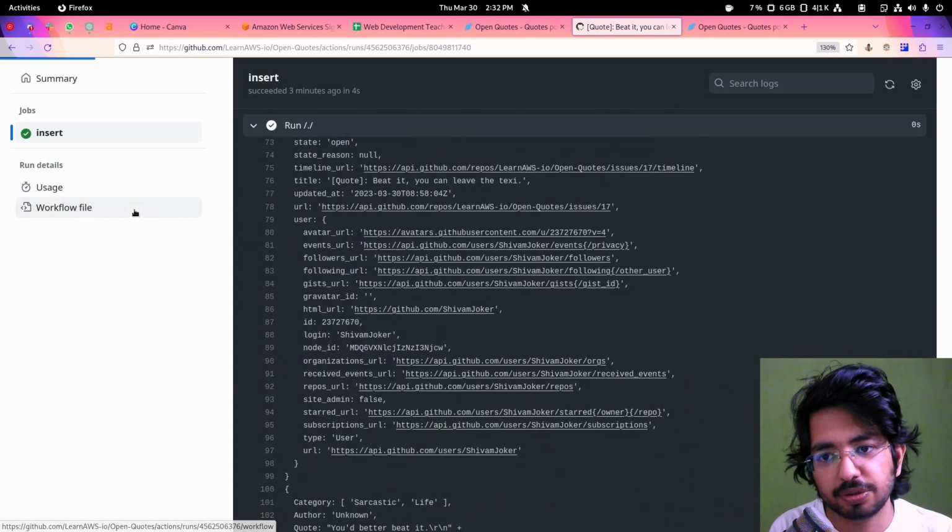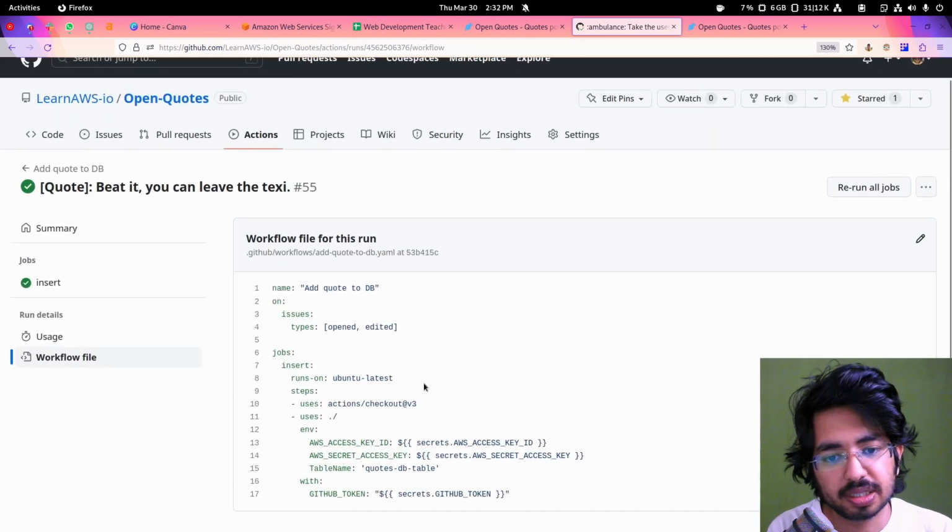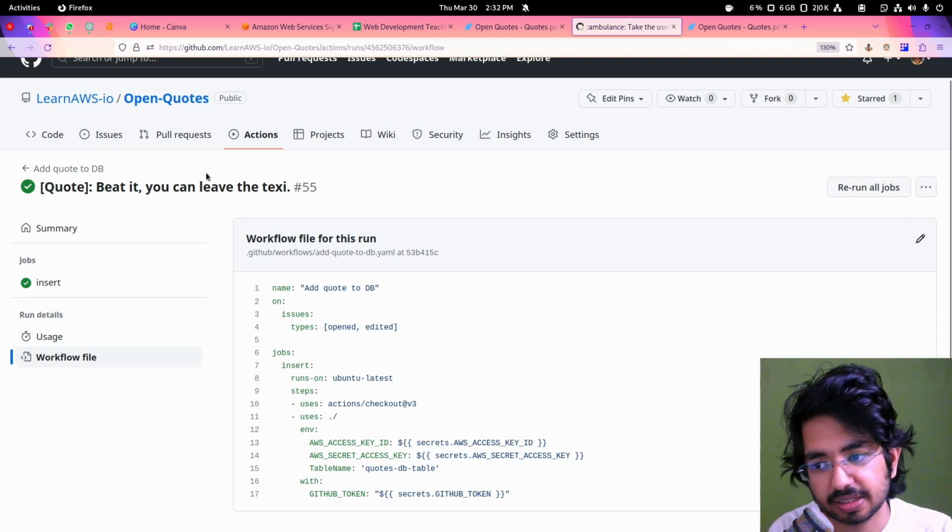So I'll show you the workflow file. It's very simple. Here we are just using our own action itself, and we are passing a GitHub token, and we also need a secret key and access key to access the DynamoDB database. Okay, and here if I go in code,